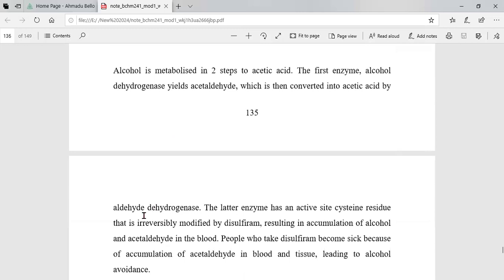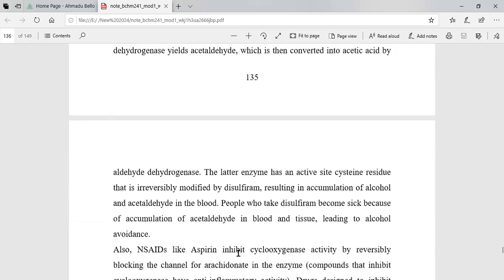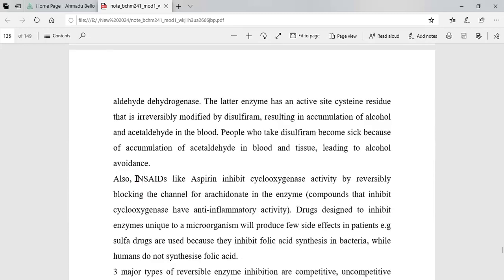The later enzyme, aldehyde dehydrogenase, has an active site cysteine residue that can be irreversibly modified by disulfiram, resulting in the accumulation of alcohol and acetaldehyde in the blood. People who take disulfiram become sick because of the accumulation of acetaldehyde in the blood and tissue, which leads to alcohol avoidance. So we also have what we call NSAIDs,